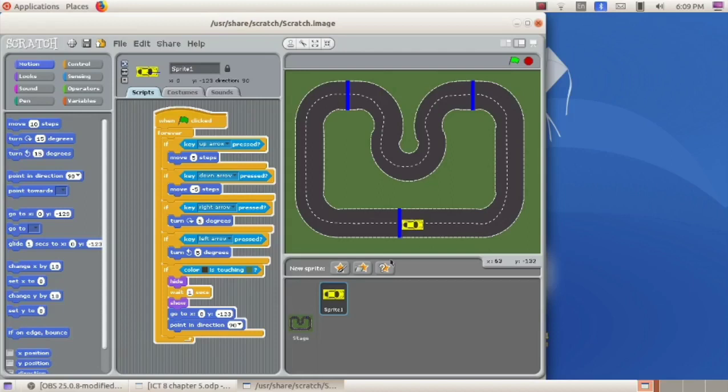For that, first of all, click this sprite, that means click this character or the car. Then here in the middle window we can see a tab named costumes. Click on that.